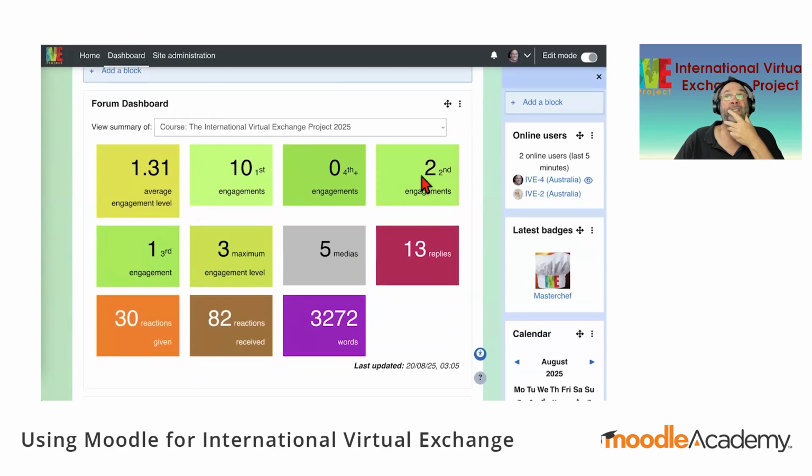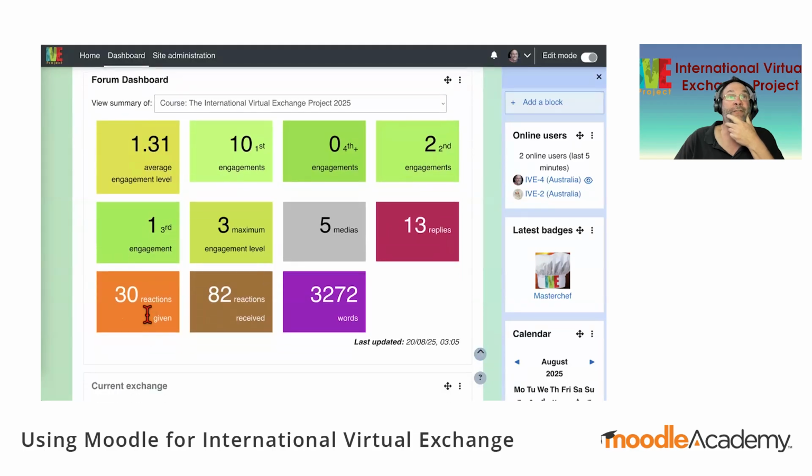10 first engagements, 2 second engagements, 1 third engagement, 3 is the maximum. How much media I've used, the number of replies I've made, number of reactions I gave, number of reactions I've received, how many words I used. All of this data is shown in the forum dashboard.